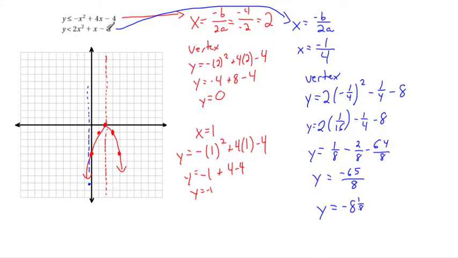Well, look, I know that the y-intercept is going to be negative 8 because it's my c value. So I can make this point negative 8. Now be careful here because my axis of symmetry is negative 1/4. That means that I went 1/4 to the right. So if I go 1/4 to the left at x is equal to negative 1/2, that's also going to be